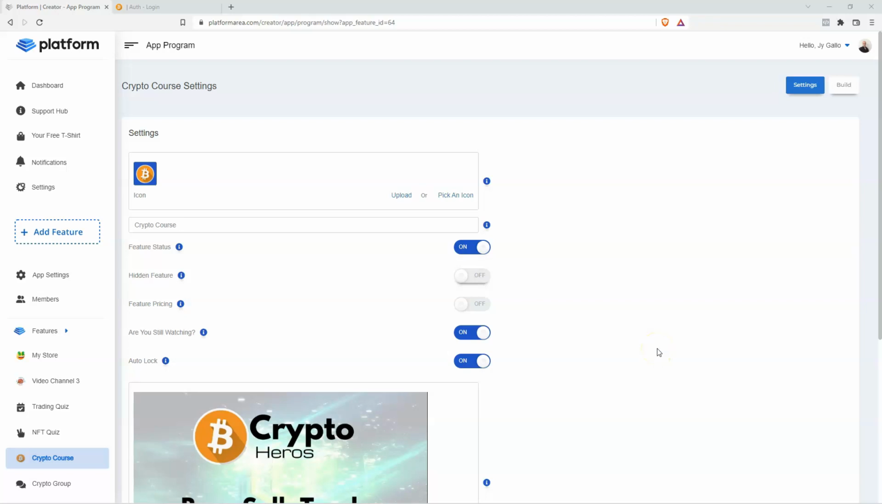The topic of today's video is the feature settings, specifically the feature pricing. Everything that you can do with the feature pricing and all the options that are involved in it. This personally, in my opinion, is one of the coolest things that you can do with Platform, which the feature